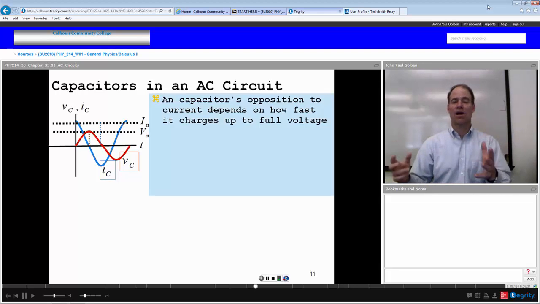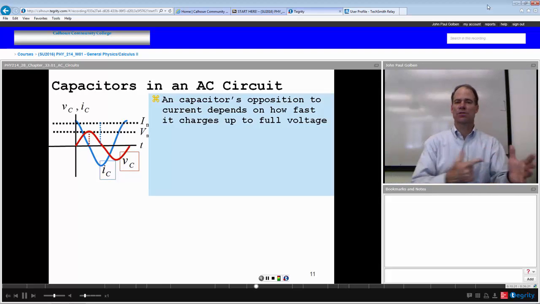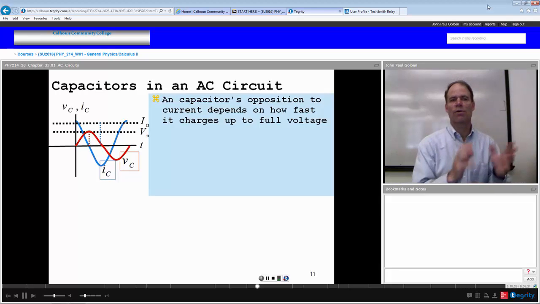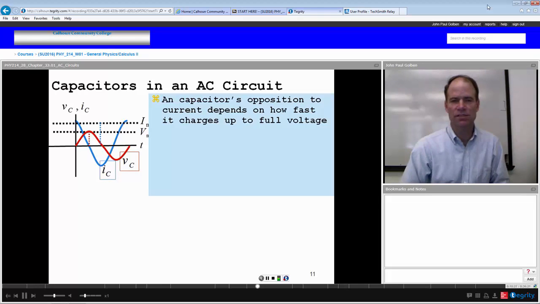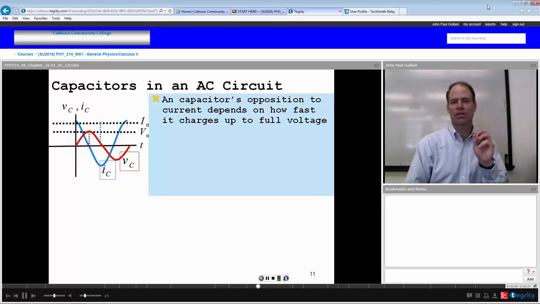So charge, a current, is charge per time. So we have to have a current flowing into the capacitor before we can establish a voltage on the capacitor. The current comes first and then the voltage follows. It's a 90-degree phase relationship as well, but in the opposite direction. So since we must have current,